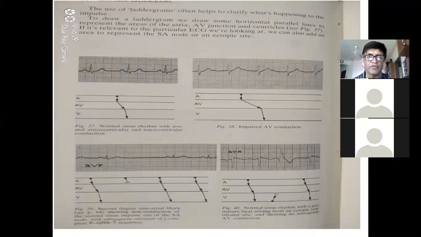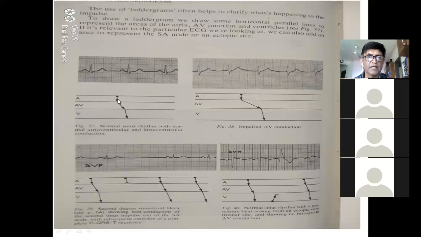Okay. Now, for example, can you see this ECG? Okay. Now, the first ECG is a normal ECG. You can see the picture down. What is this AV node? This A is the atrium, AV node, ventricle. So the normal conduction is SA node, atrium, AV node, ventricle, and to the Purkinje fibers.